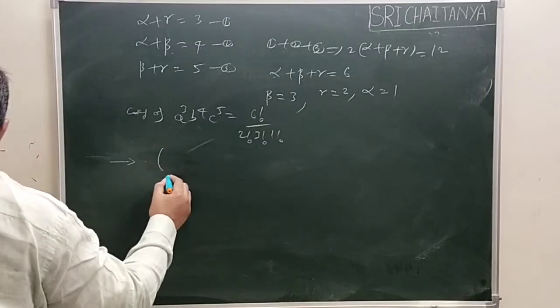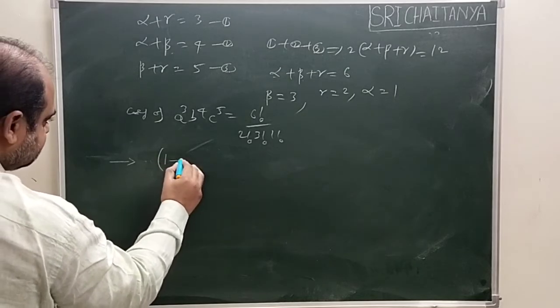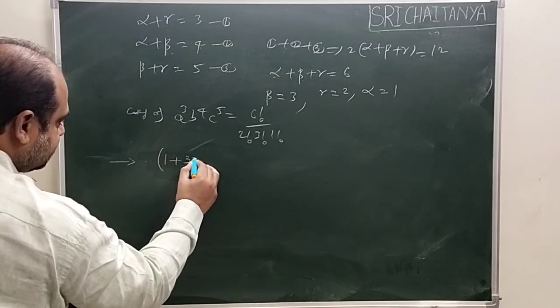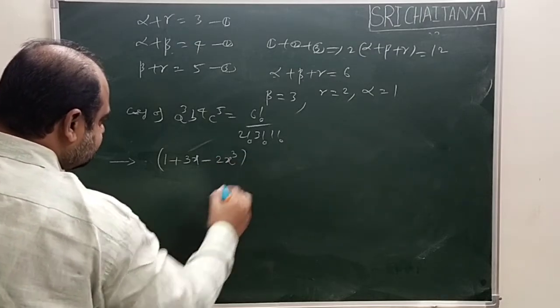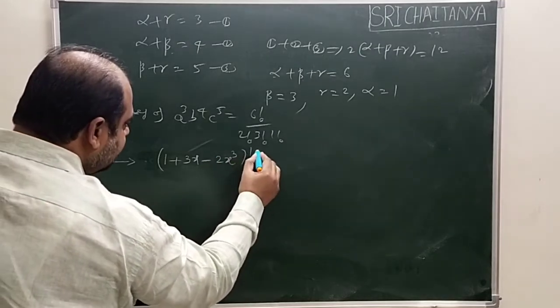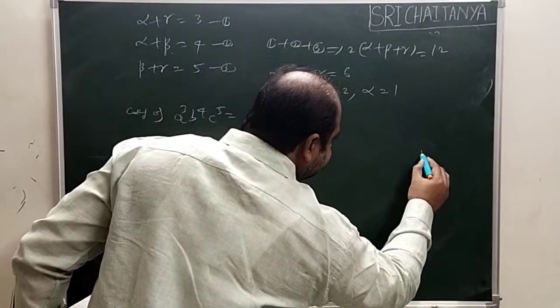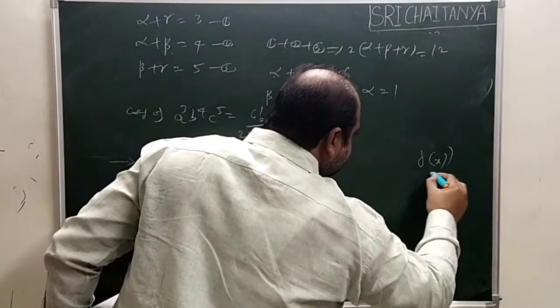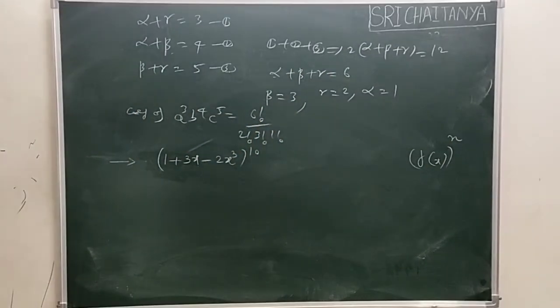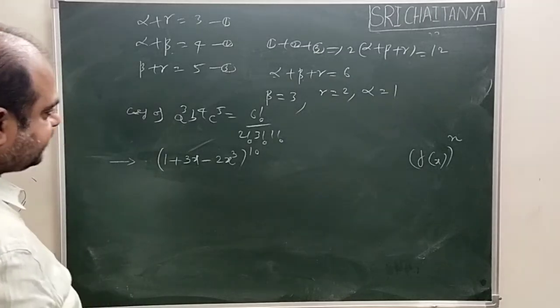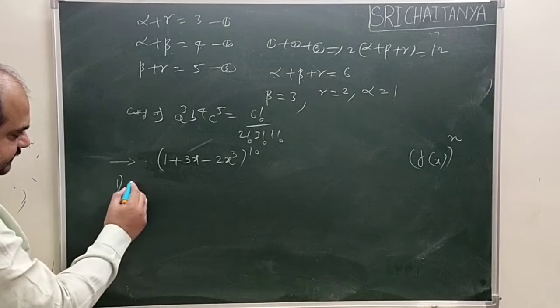Let us consider one expansion: minus 2x cube, a polynomial in x, like this, f of x to the power n. If it is a binomial, we can easily calculate. In this expansion, suppose you have to find the coefficient of x power k. Let us take an example.